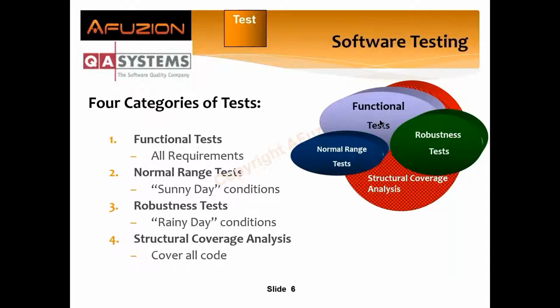Don't look at the code to write the test, not initially. If you look at the code to write the test, that's not testing, that is executing. That doesn't find defects. We used to do that in 178B. 178C changed that with some subtleties. So normal range test, the normal operation, you don't find defects there. Those usually work. The robustness test is where we start to find defects: the boundary values, error values, illegal values,